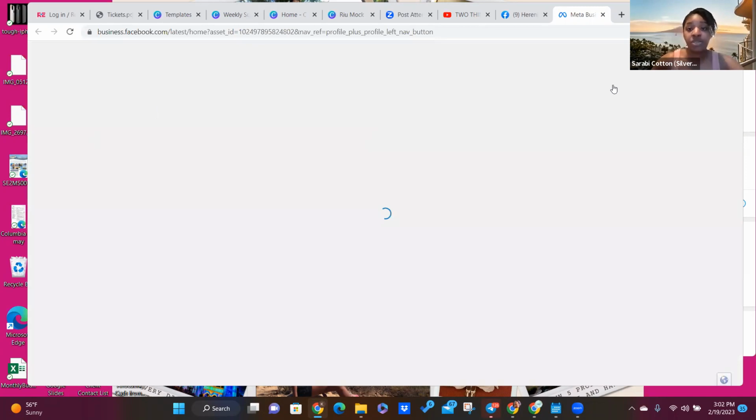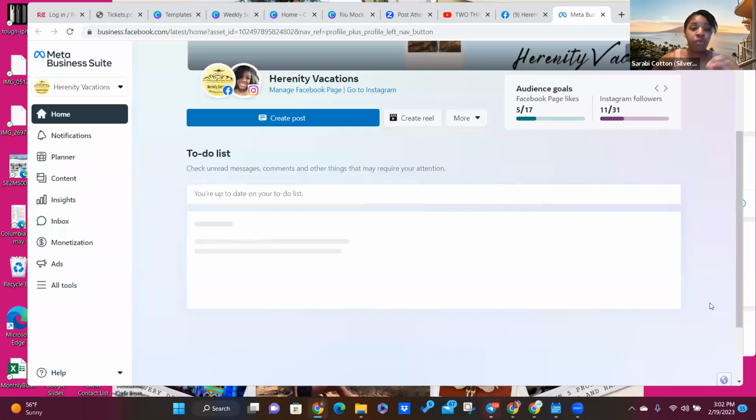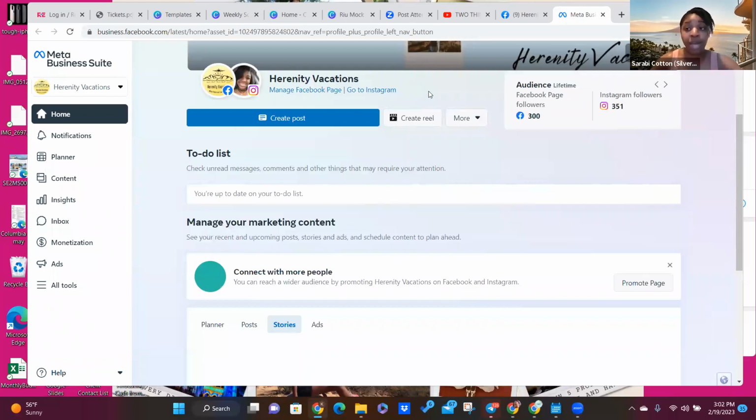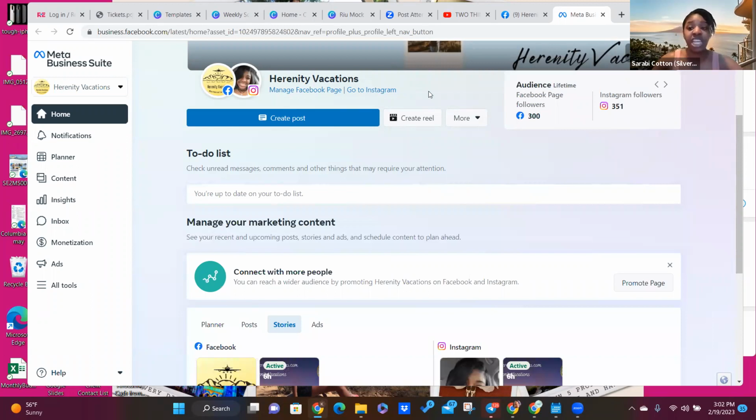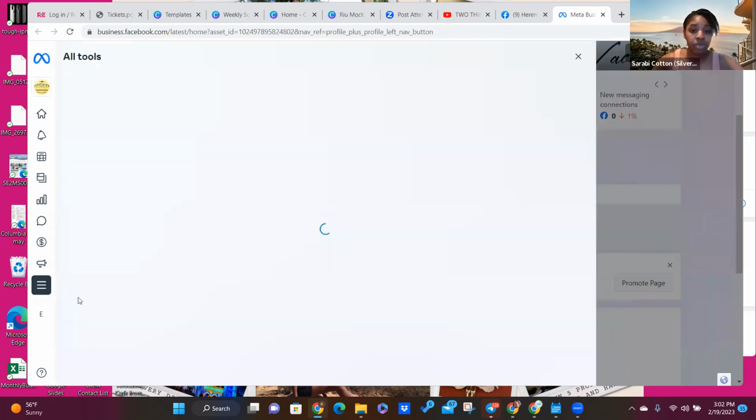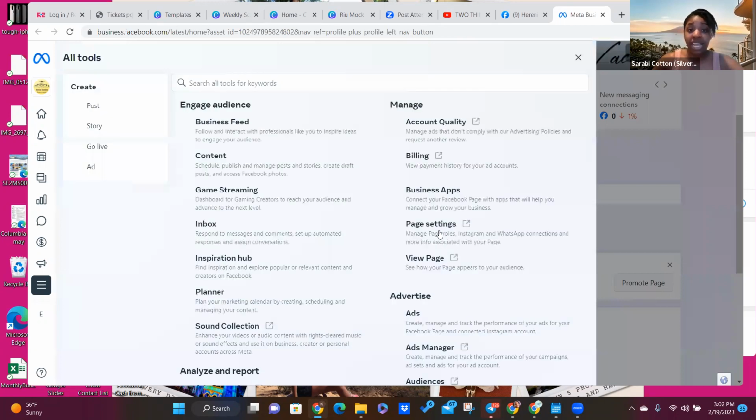So this is what it brings you to as the home page. Now, originally, when you first get started, it's not going to have Instagram automatically linked. You're going to have to actually link Instagram manually once you get started. So we will go to the All Tools section here. When you go to Page Settings,